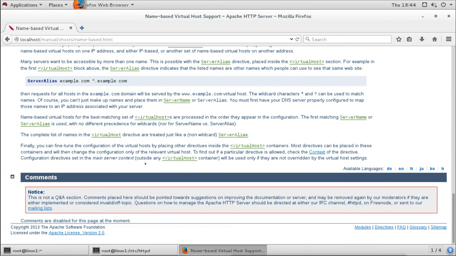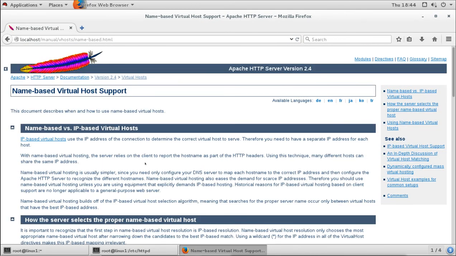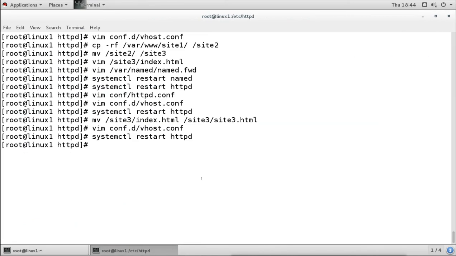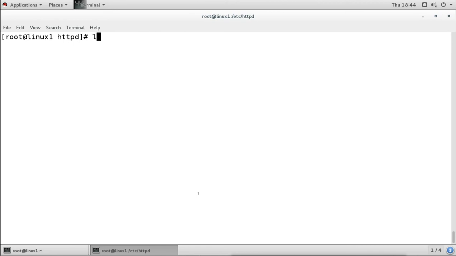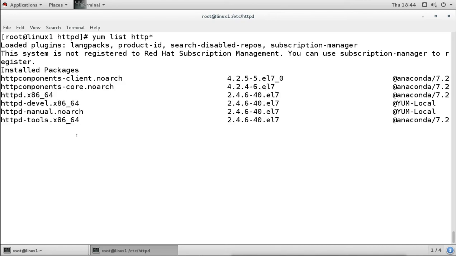So everything is in the manual and you can access it locally, and this manual is coming because of the httpd manual package we have installed. If it is not installed, then you will not see that manual page.